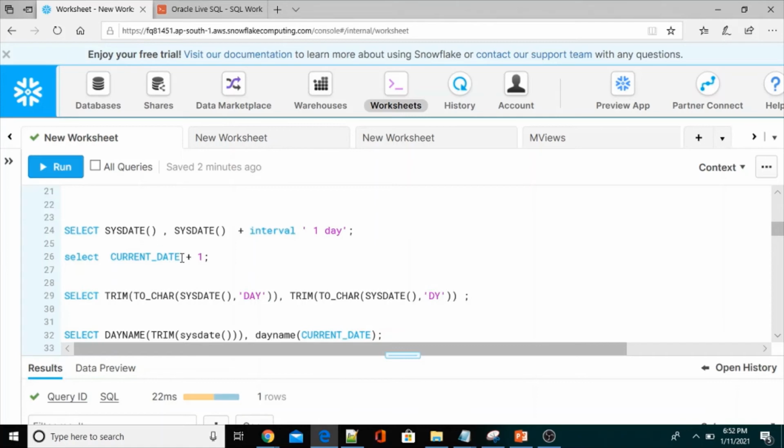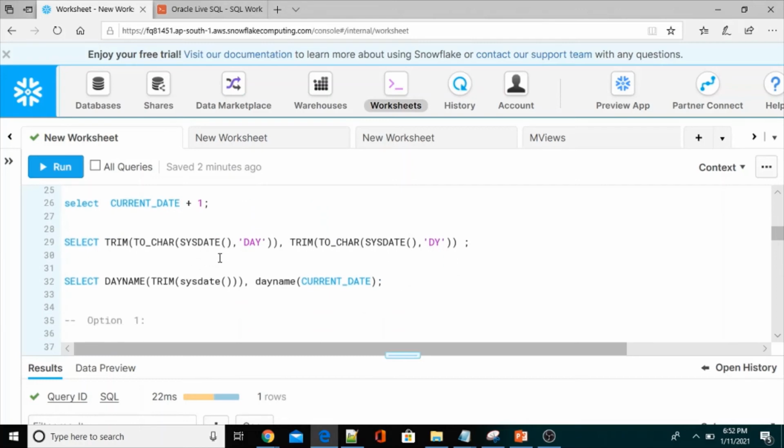And we also don't need to use parentheses with current_date, because current_date is one of the context functions where Snowflake gives the option to omit the parentheses to support ANSI SQL. It's not for all the context functions, only a few of them.